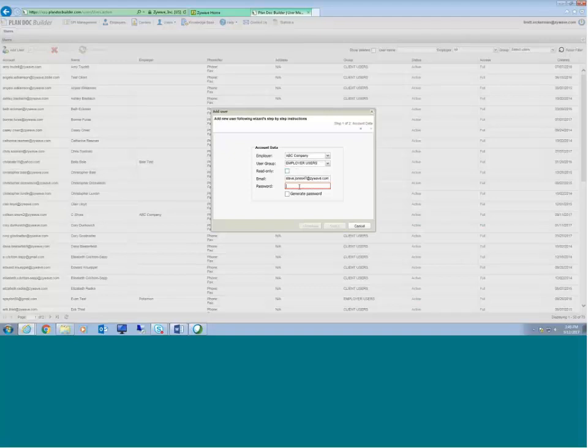Again, I could put in a password like password 1. He can change the password when he logs in, so it doesn't matter what it is. Or I could hit generate and that would auto-generate something random for him. And on this next tab, I'm going to fill out his information. I would fill out any information that we need for him, and then I would be able to hit finish